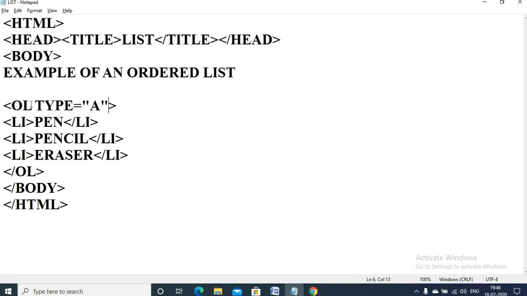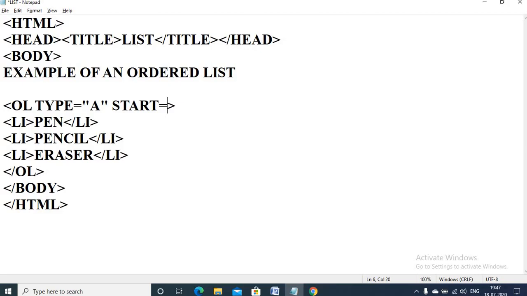Okay. Then the second attribute is start. It is used when you want the list to begin from any number other than 1. By default, the list will always begin with the first letter or first number. But I want to begin the list with another number or alphabet which is not the first.